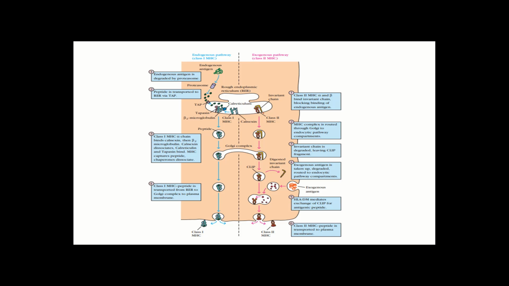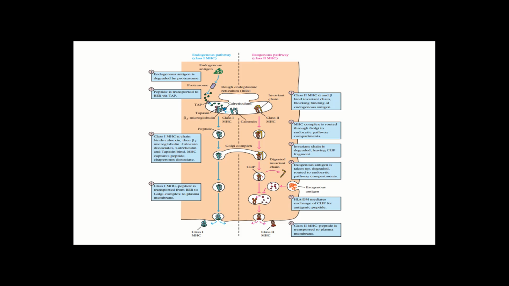So after that, the MHC class 2 and invariant chain complex will be transported to the Golgi through these ER-Golgi vesicles. So from ER to Golgi, this transport will happen. Now in the Golgi there is MHC class 2 and invariant chain. After that, from the Golgi it will be transported to the endocytic pathway compartments or